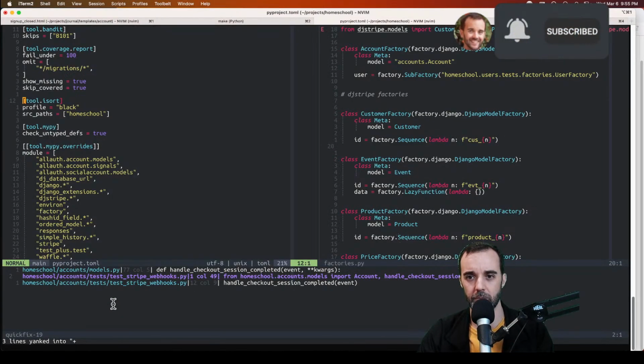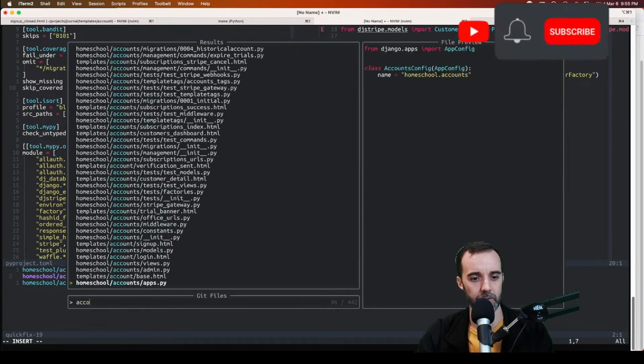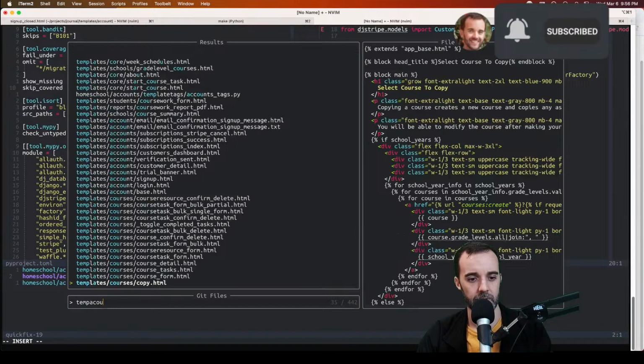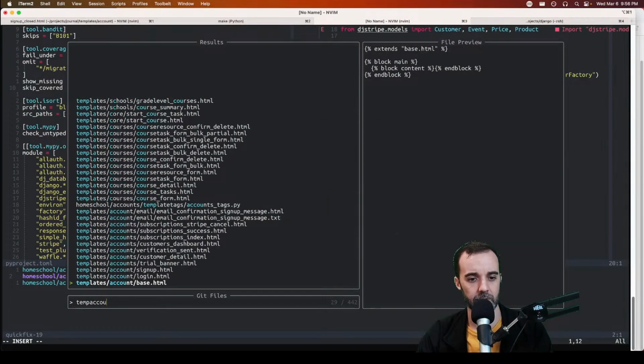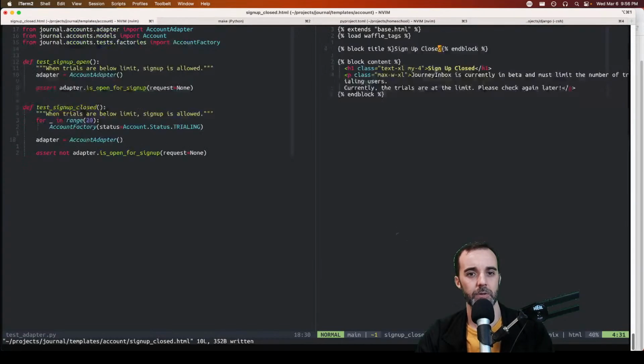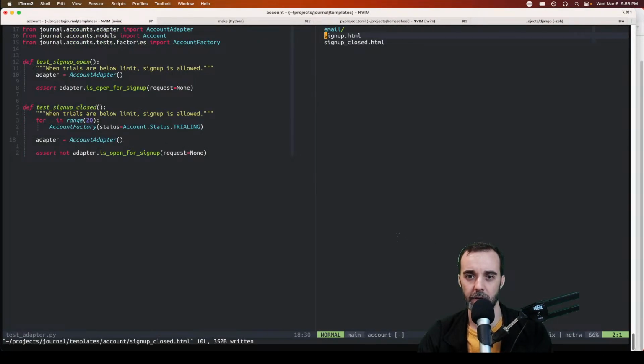Okay, let's just look at the homeschool app because I know I've overridden this template there too. So templates, account, login. All right, the login page. Let's come back over here and we are in account already. So let's create the login page,